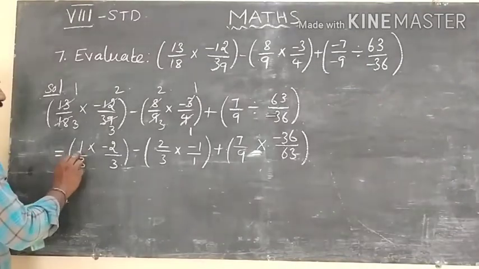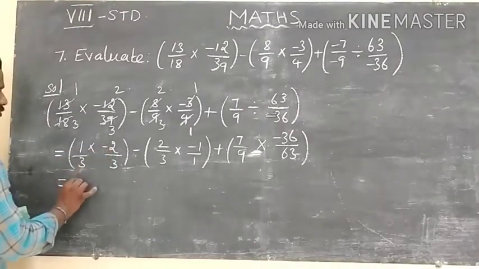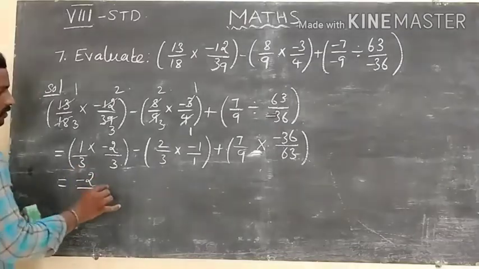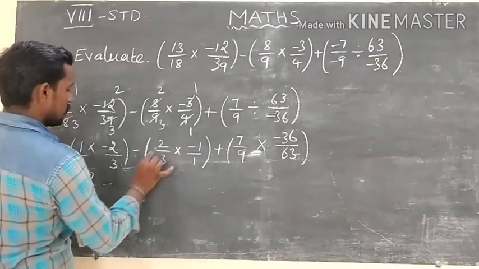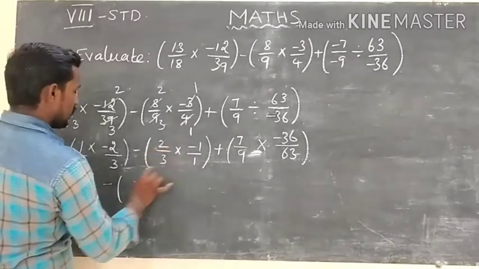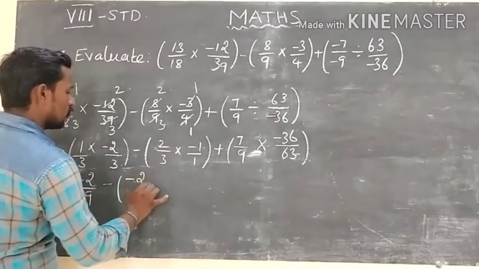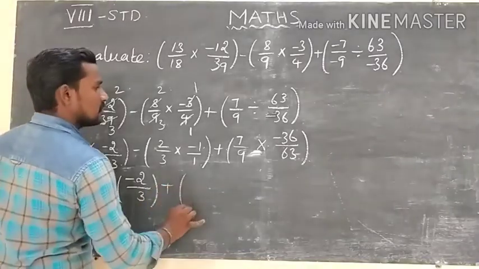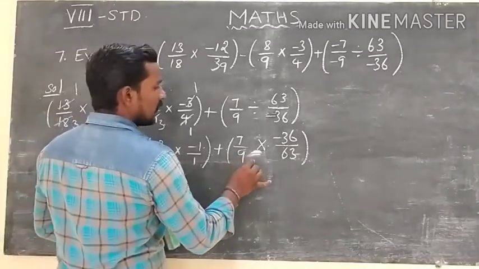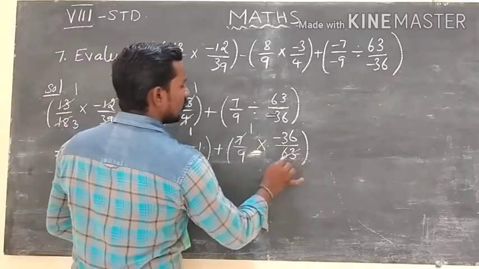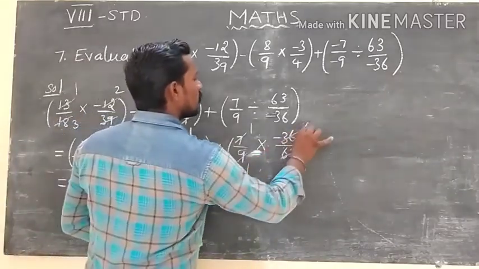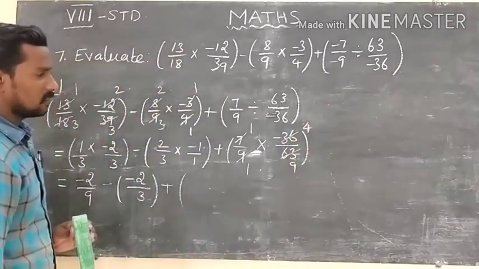As well as this is the multiplication, plus into minus, minus 1 2s are 2, 3 3s are 9. Then minus, in the same manner, plus into minus, minus 1 2 1s are 2 divided by 1 3s are 2. That's all. Plus, using the cancellation once again, 1 7s are 7, 9 7s are 63, and 1 9s are 9. This is 4 times of 9, 36.